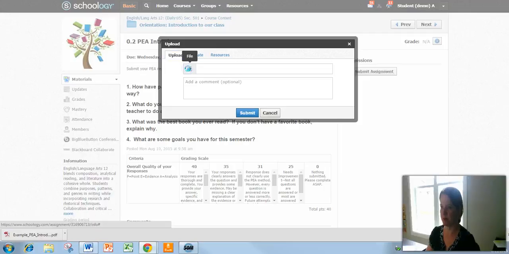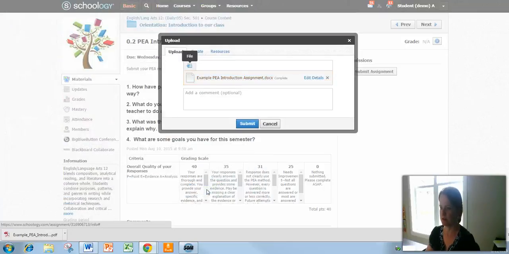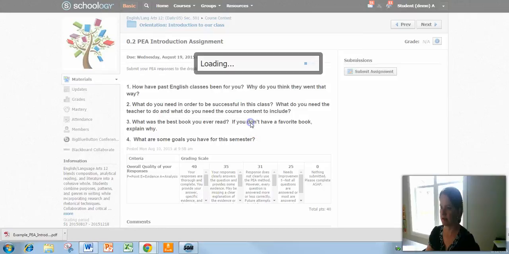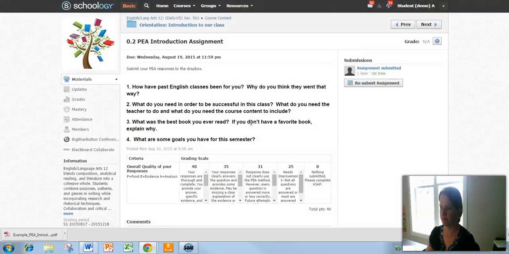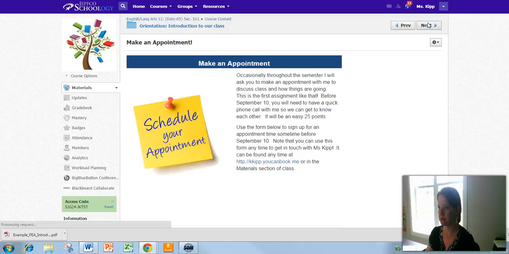I'm going to click on this File button. Choose my PEA Introduction assignment and click Submit. Once I've done that, it'll say Assignment Submitted, and hey, how about that? I submitted it on time. Okay, so you're going to submit that to the Dropbox. Next step